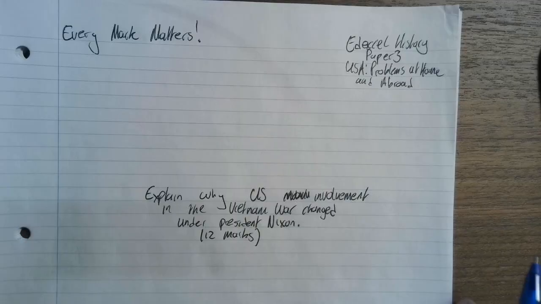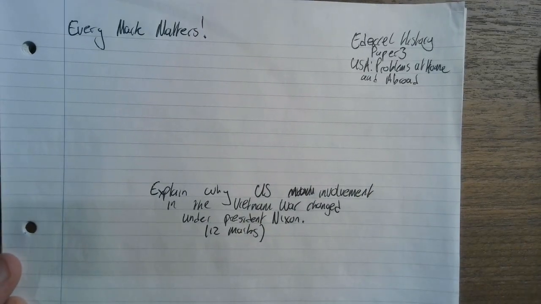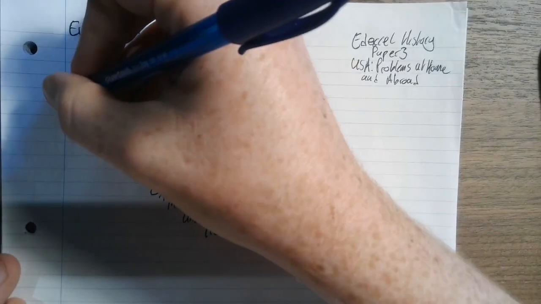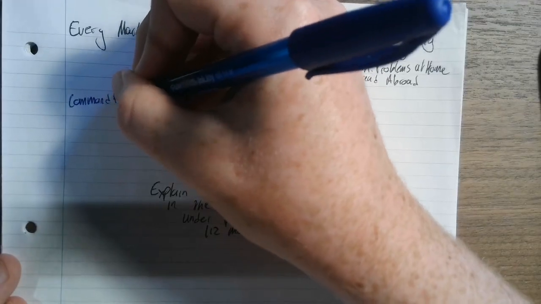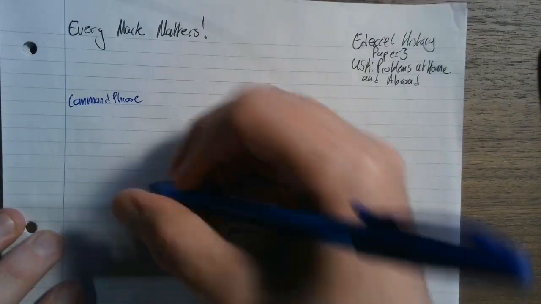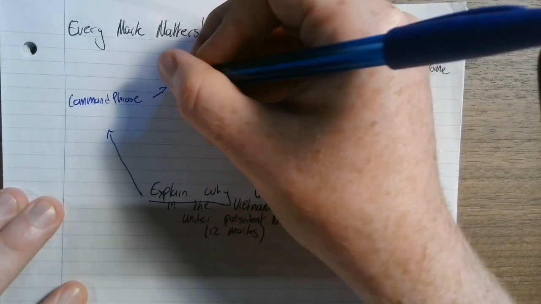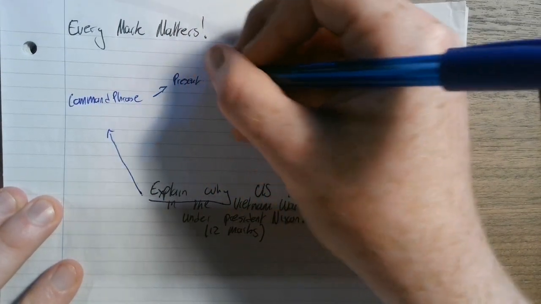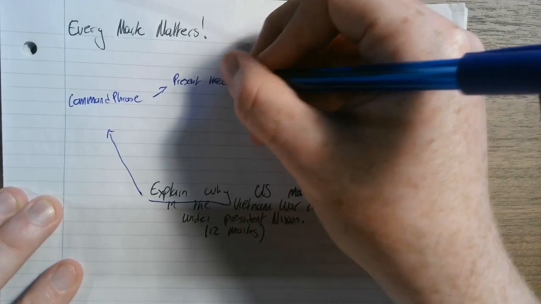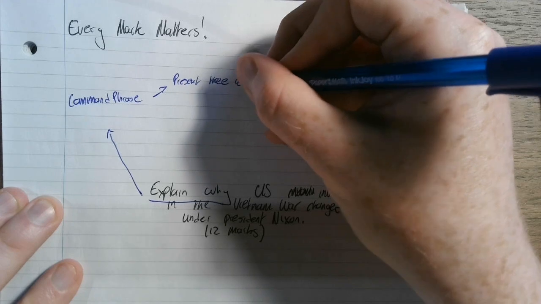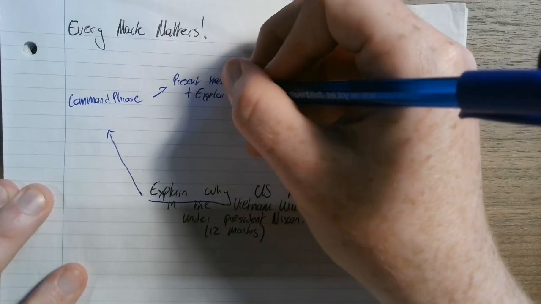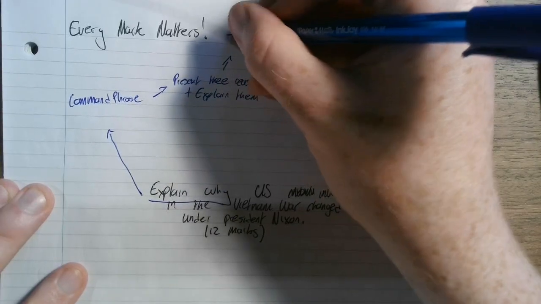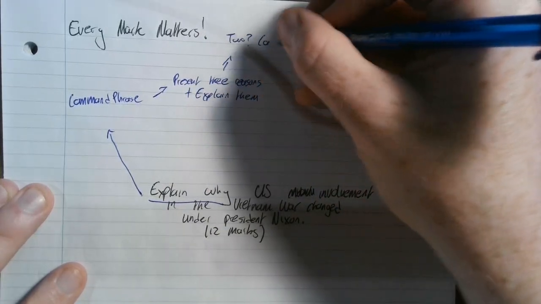I'm going to break it up for you and present how the exam board want you to answer it. So first and foremost, we have our command phrase, and in this instance, it is explain why. What you must do is present the reasons, three reasons, rather, and explain them. You must do three because if you do two, you are capped at 8 marks.